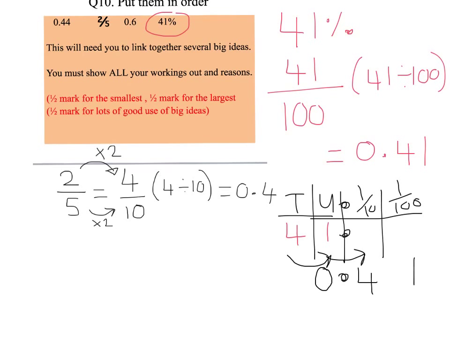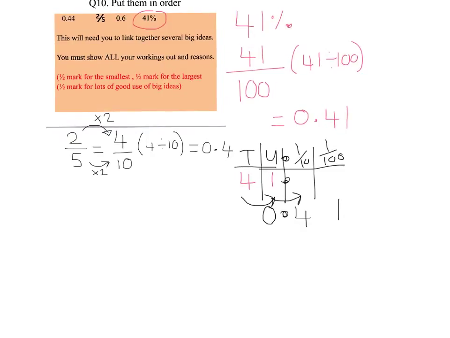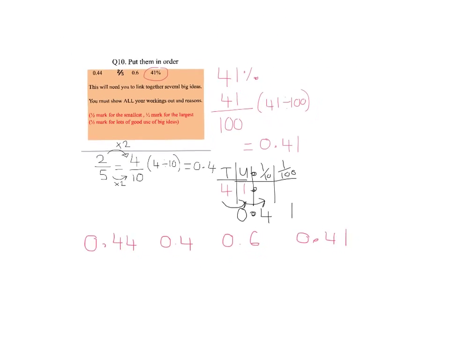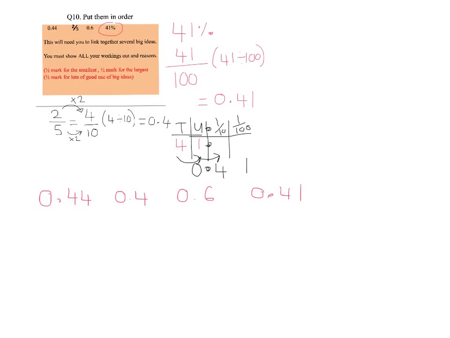So now we can easily answer the question if we think about what we've got. So if we look back to the question, it says put them in order. So we've got 0.44, we've got 0.4, we've got 0.6, and we now know that 41% is 0.41. So to put them in order, we may again need a place value table, depending on how good you are at ordering decimals. If you need a place value table, again, just quickly put them in. We are going to have